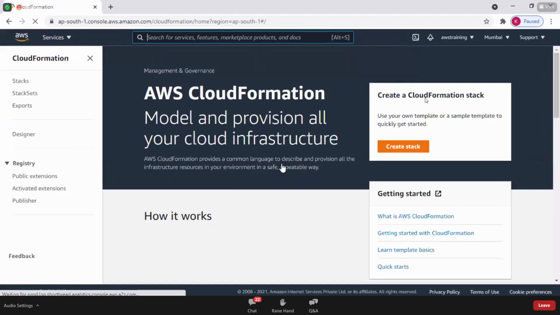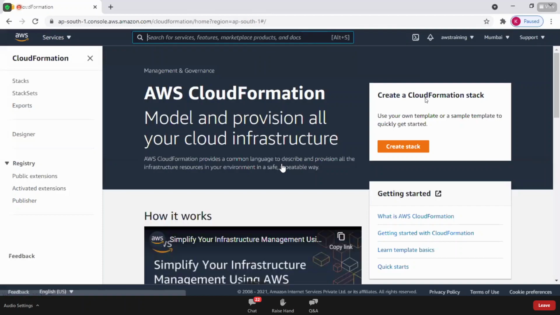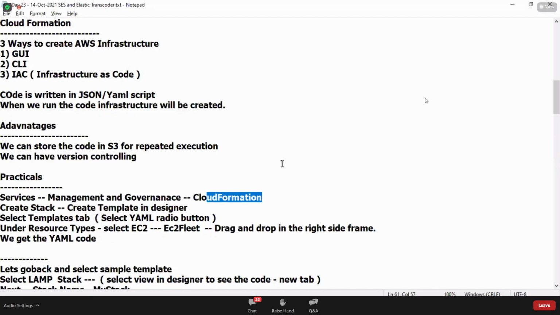So we can also create the S3 buckets and read-only replicas, right? Everything can be done using CloudFormation. Okay. The code is called a template. When you write some code, that 100 lines of code, that's called a template. When you run the code, we get the EC2 machine or we get the buckets. That is called a stack. The final result is called a stack. The code we write is called a template. When you run the template, the final output we get is a stack.